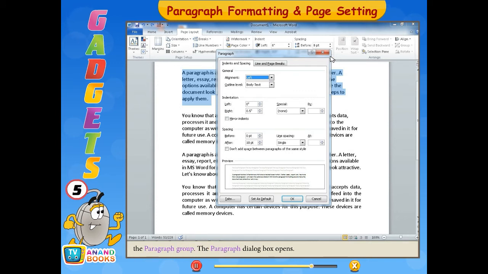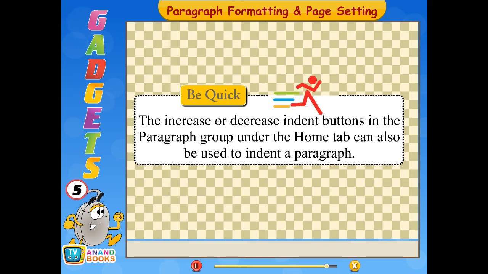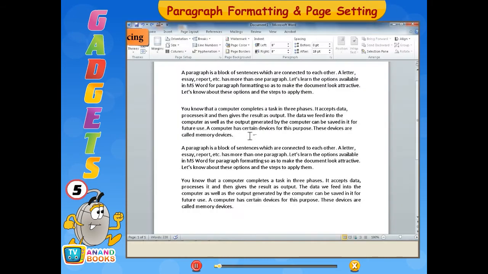The paragraph dialog box opens. Set the value for left and right indents or choose one of the special category indents and its value in the By spin box. The increase or decrease indent buttons in the paragraph group under the Home tab can also be used to indent a paragraph. Line spacing. Line spacing refers to the amount of space between the lines of text in a paragraph